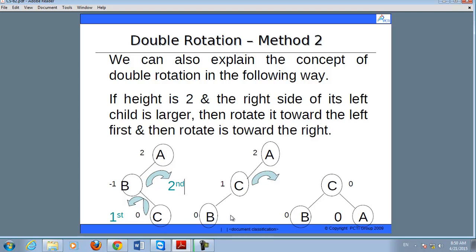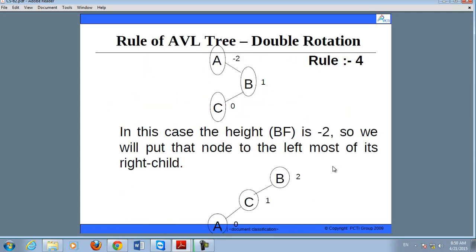It means you rotated it in this form. Means rotation can be performed in any way. It can be left rotation, it can be right rotation, it can be single rotation, or it can be double rotation. But one thing you have to notice here, that the child of the subtree will remain same. In this case, the child of B is C, and if you want to rotate it, then you cannot change the child of the B. The C remains the child of B, and if A comes at the left side, then A will come at the left side of the C.